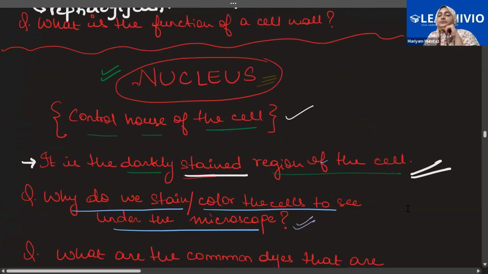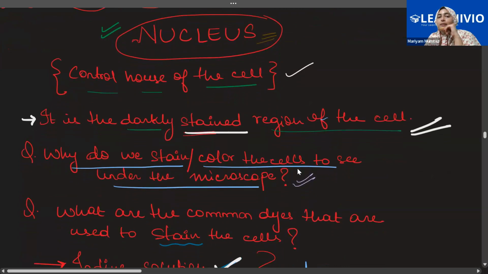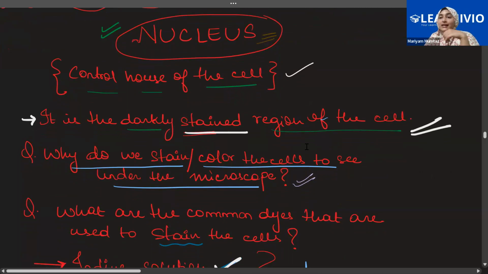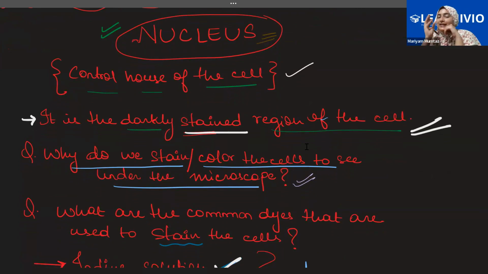All right. Moving forward, we'll talk about the nucleus. Now see, this is the head of the cell. It will control every single activity that the cell is supposed to perform. That is why the nucleus is a really important part of the cell. It is the largest part present inside the cell, and it is the control house of the cell, sort of like the headquarters.